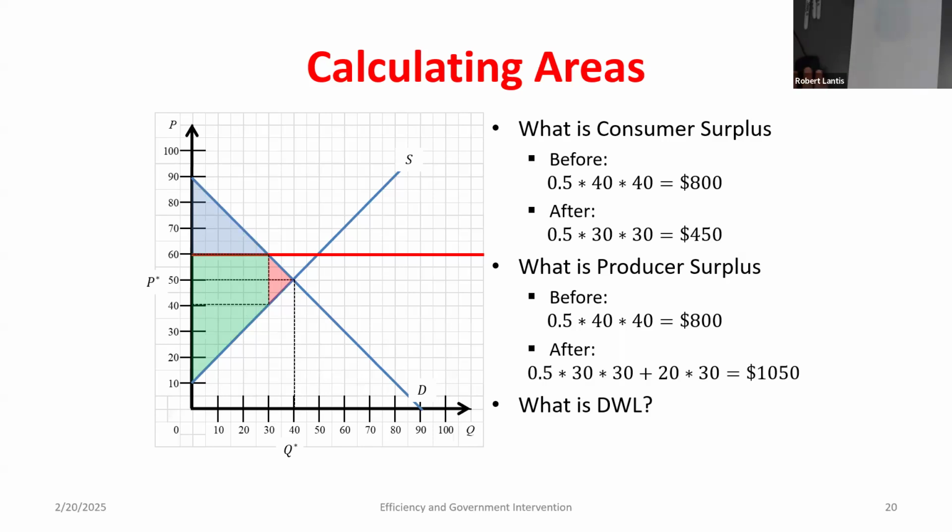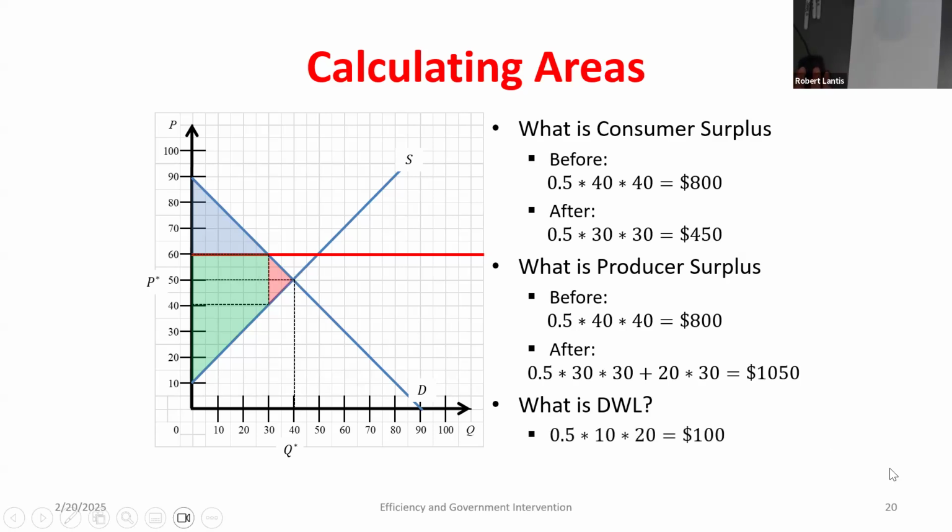Okay. And then how would I find deadweight loss? What area is that in my graph? There's only one I haven't found. I color coded them, so it shouldn't be too tough. This red area, right? How many units were sold after the price floor? Well, people only bought 30. So these 10 units that we're no longer seeing produced and consumed in the market, we lost that surplus, or the area between the supply and demand curve. So the area of this triangle will be what? 20 times 10 times a half, or 100.